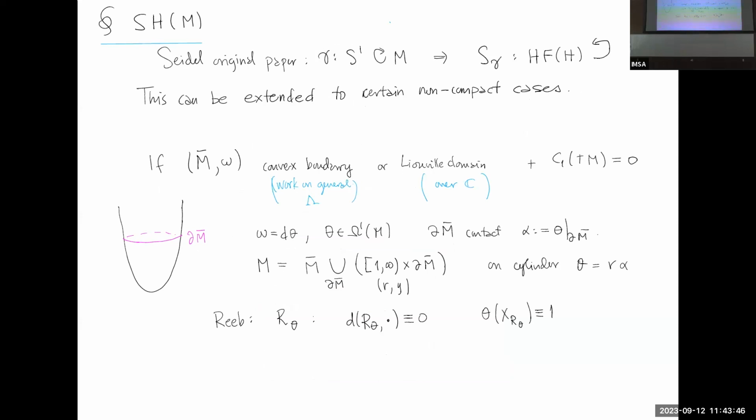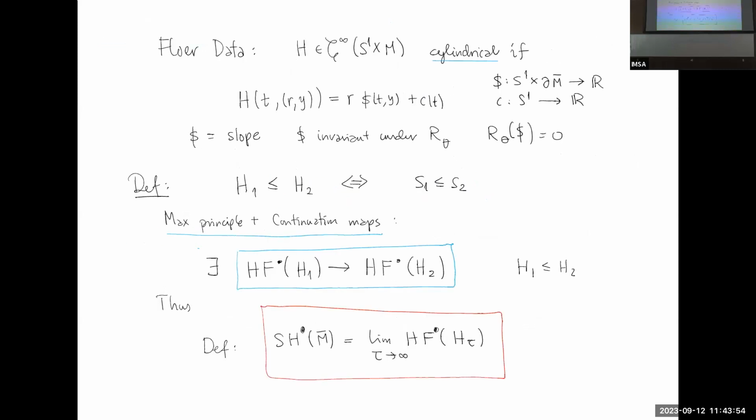So the R is the length of the cylinder, and then the Y is going to be an element in the boundary of M. In that case, I want the Hamiltonian to be R times the slope. So that's a function that goes from S1 times boundary to the reals, plus a function that only depends on